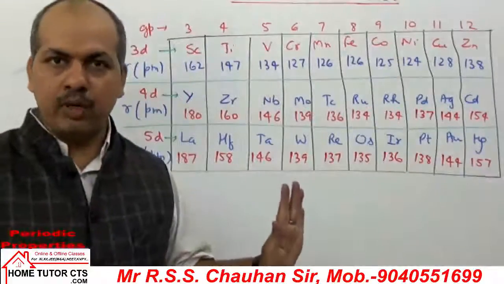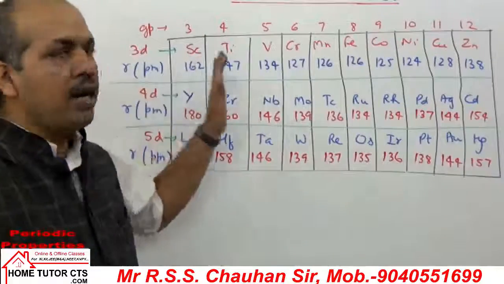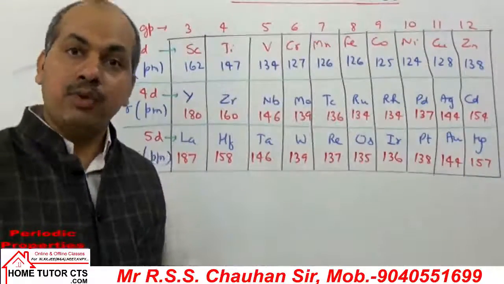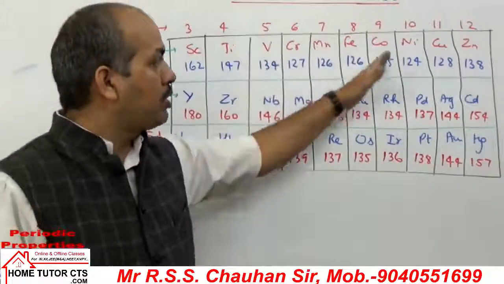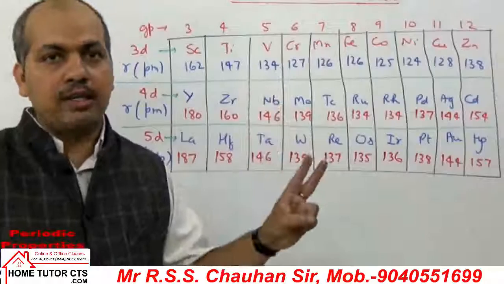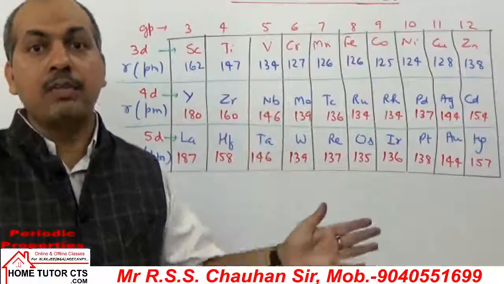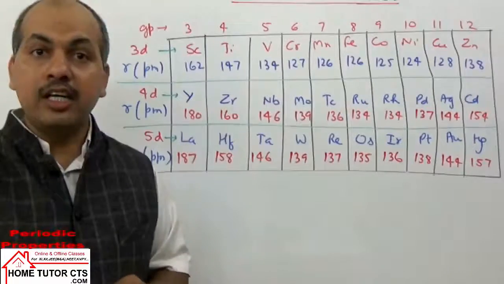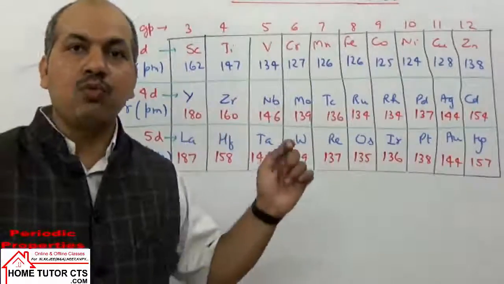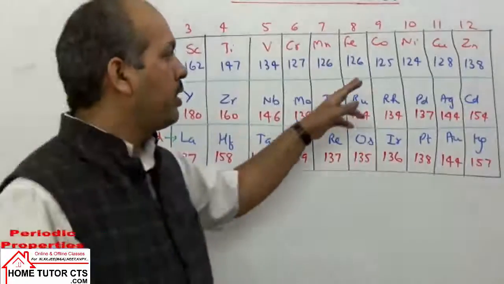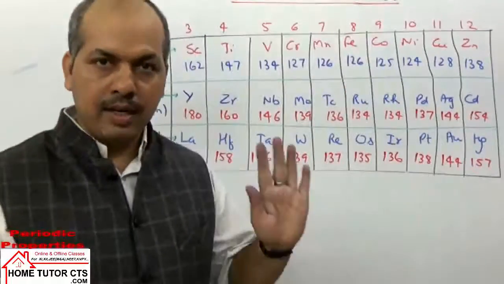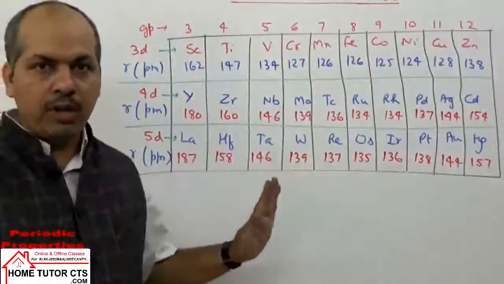ये तीनों में common आपका हुआ, समझ में आया क्या होता है, because up to middle the factor dominating is effective nuclear charge. For last from middle of the series the two factors are balanced. Effective nuclear charge is balanced by increased shielding effect, and for last 1 2 element there is increase in the shielding effect, due to which the size of element increases. I hope you got this point. Clear हुआ आपको ये वाला point?